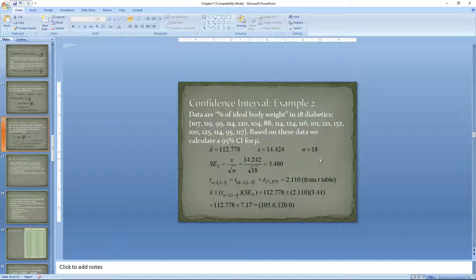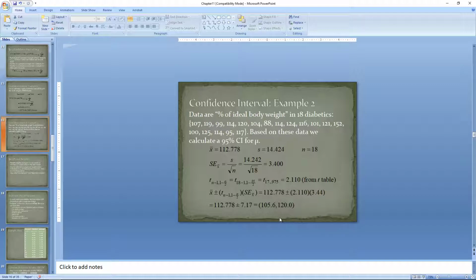We find degrees of freedom 17 and our t-distribution of 0.05 on two tails, so a cumulative probability of 0.975. When you find that, you'll see it's 2.110 from the table. Plug all these numbers into our equation and we come up with a confidence interval of 105.6 to